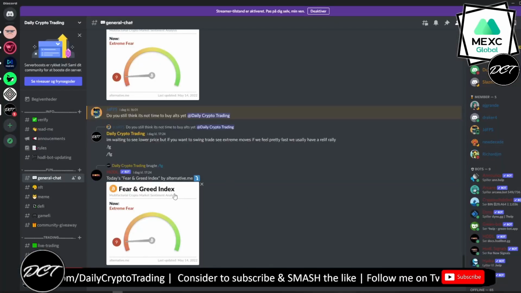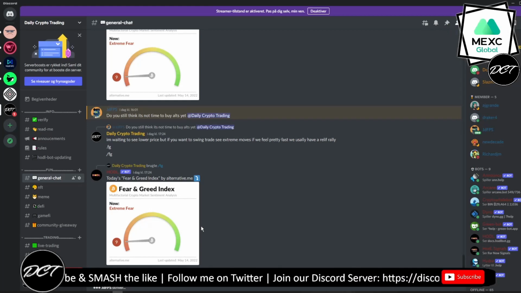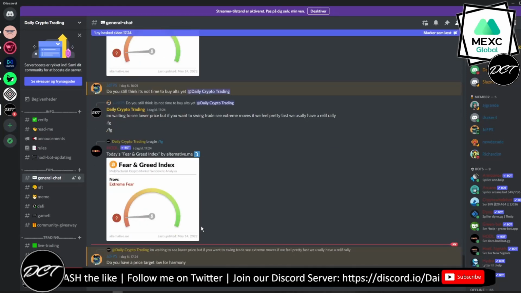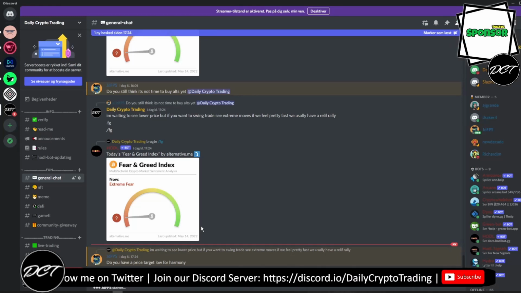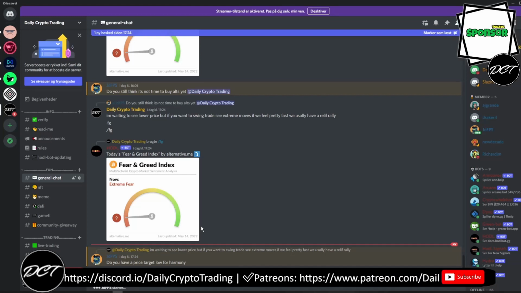And guys, if you look at the fear and greed index, we can see now we're in extreme fear at 9. We have been in extreme fear for some time now. What does that mean? That just means that extreme fear will push the price further down, right? So we buy at fear, we sell at greed. But at the moment, when we are nearing a recession, high inflation, Bitcoin is going down, altcoins are going down, fear can actually be the indicator to push the price further down, all right? So personally, I'm just going to wait and have some money on the side to see how the market reacts, all right? And if I see a good entry, I will buy for the long term.